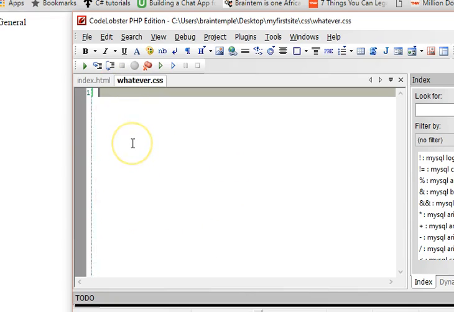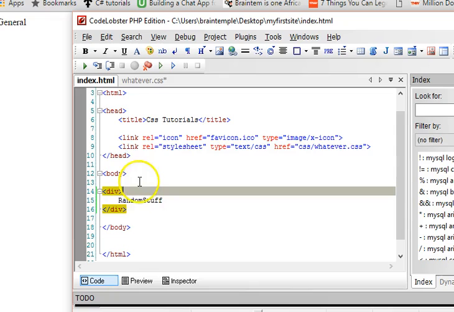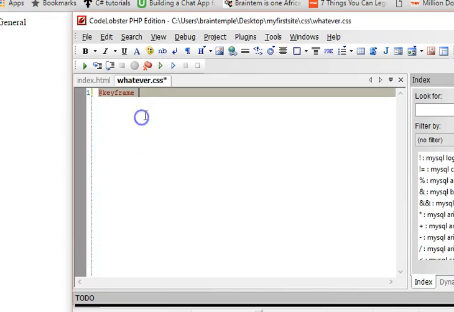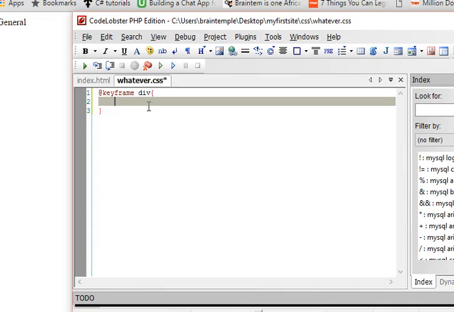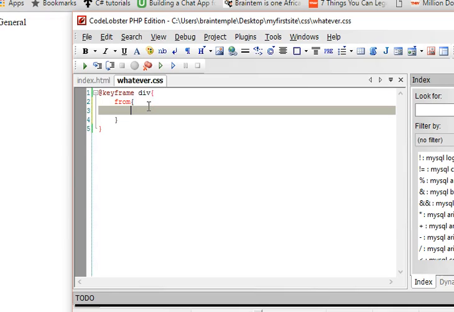When you want to do animation in CSS, you use something called a keyframe. That is the selector. So which of the elements are we going to move around? We're going to move around our div. So we say, at keyframe div, what do we want? We say from, do anything from this to that. So from